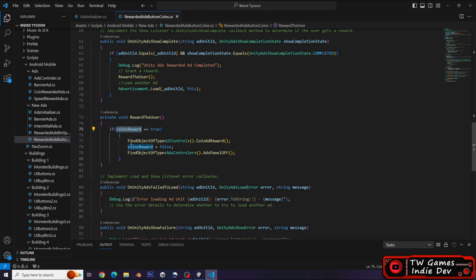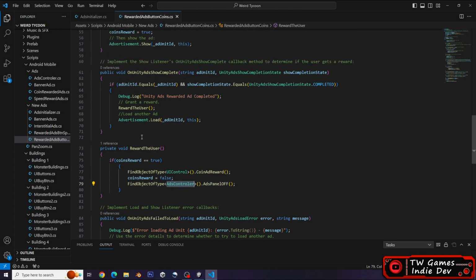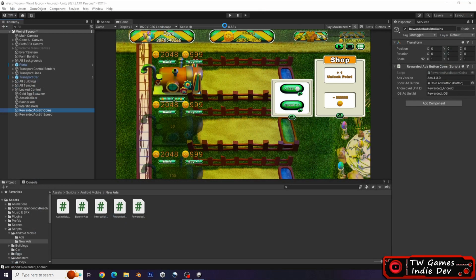So then when it's true, you just find, in my case, the UI control and add the rewards. So in that case, if I remember well, it's 100 coins, then I change it to false and close the panel with the ads. So you call that on the Unity ads show complete, and after that you also load another ad to be ready for the next reward. And now when you go to the ads initializer, you need to just add that line here. So now when you play the game,